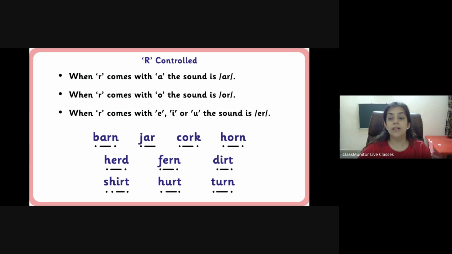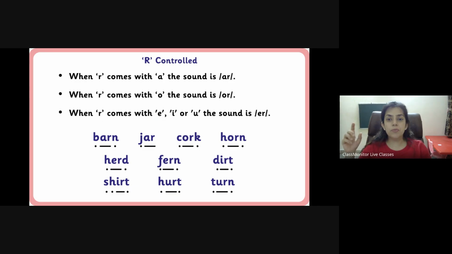Now, when R comes with letter O, what is the sound? The sound is or. Everybody, it is or. And when R comes with E, I, or U,